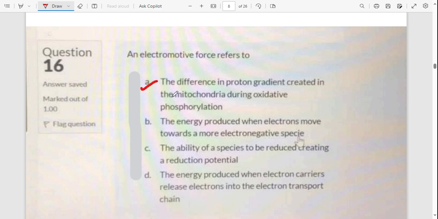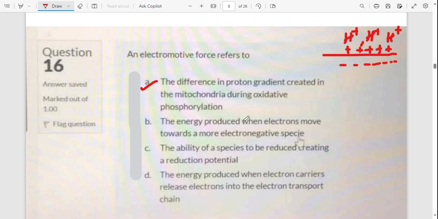When there is a difference in proton gradient, say this is the mitochondria, you have hydrogen ions in the intermembranous space. This means the intermembranous space is going to have positive charges, and the mitochondrial matrix is going to have negative charges. So this creates a difference in charges and a proton gradient, and that forms an electromotive